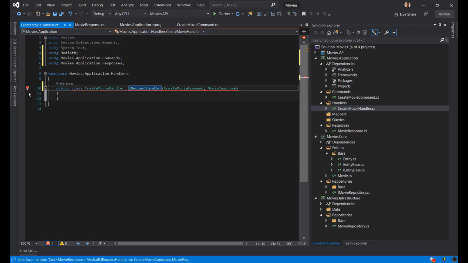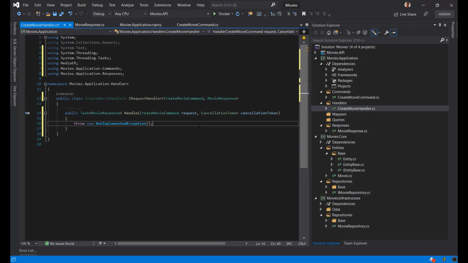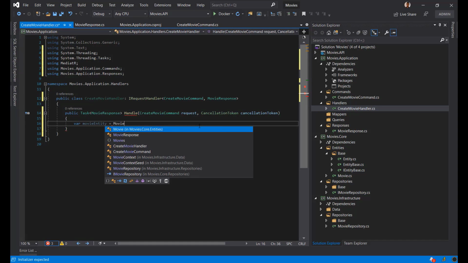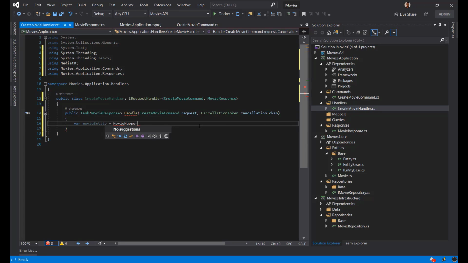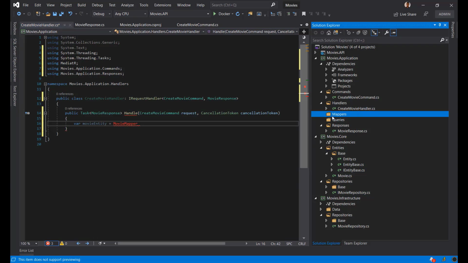Right now I go ahead and implement that and implement missing member. So with that I'm going to apply this thing. Let's say I'm going to have this movie entity, and I will be mapping this with my movie mapper itself. Before that, let's create it, because it needs to be mapped with your DTO, right? So your entity. Let's go ahead and create a mapper over here, and again in that mapper I'm going to create